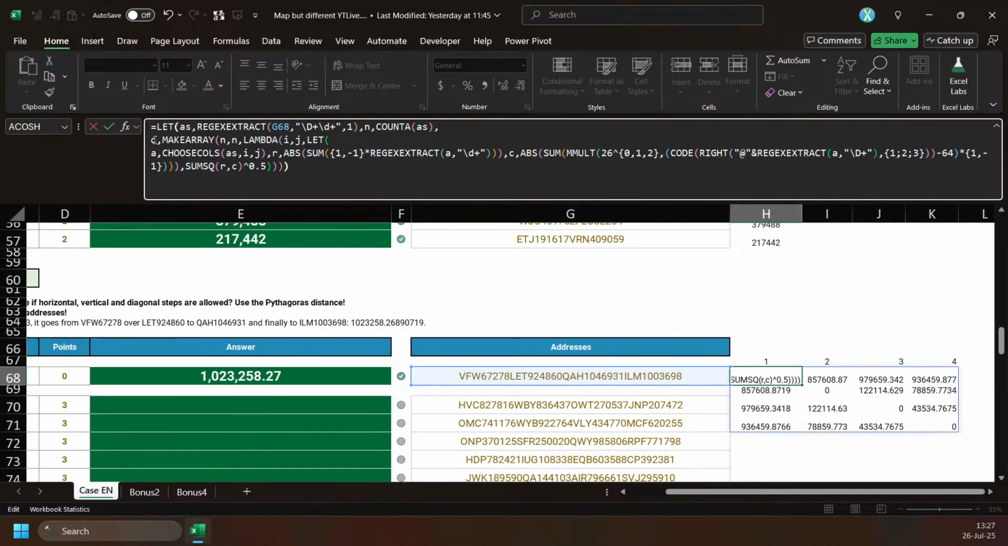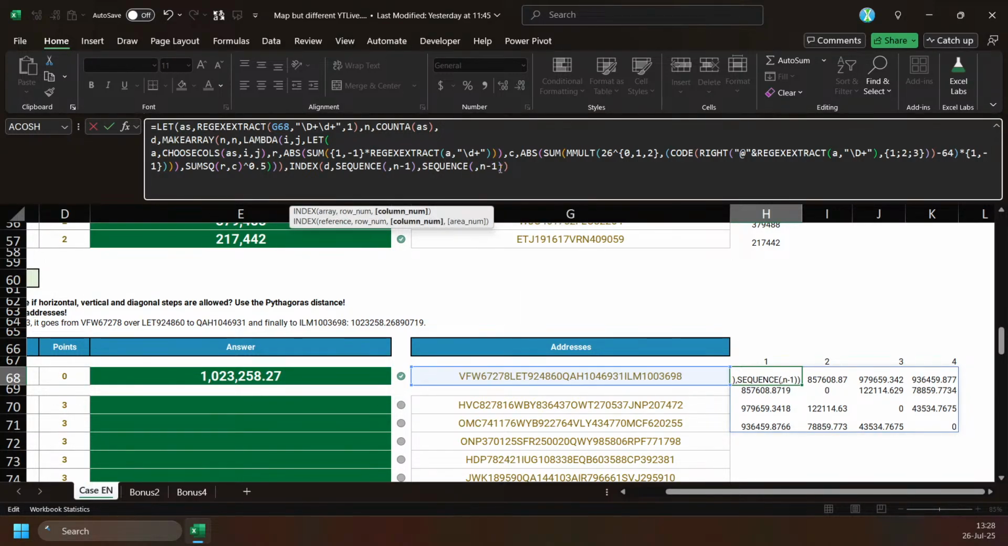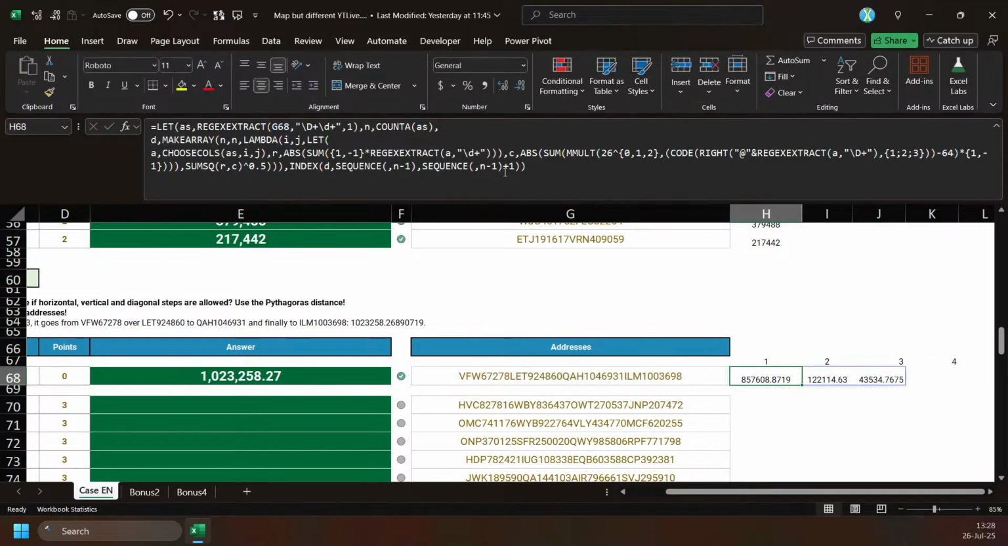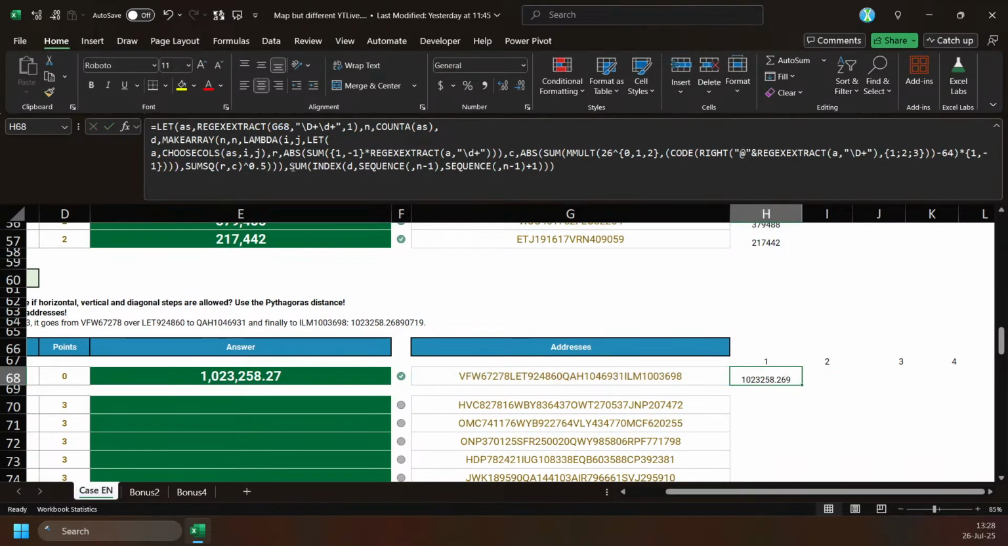Okay, so this will be my distance, and then I want to index the sequence of n minus 1, and then sequence of n minus 1 again. This is 1 to 3, and then the column will be 3 to 4, so I have to plus 1 here and sum everything. Be right. Okay,